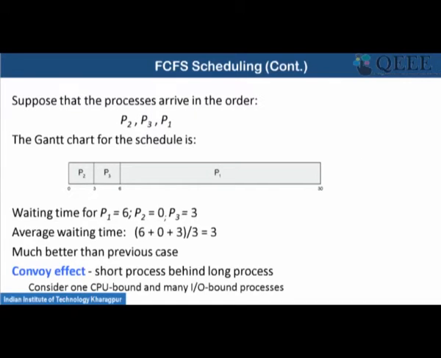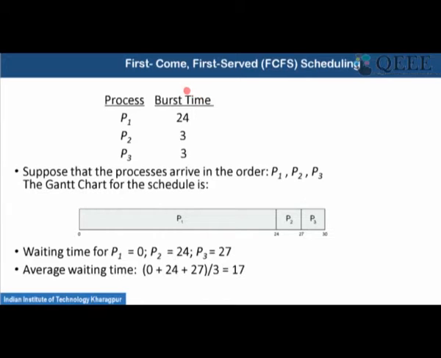So if you look into the FCFS scheduling, if you know that the processes P2 and P3 have a shorter burst time compared to process P1, then you can schedule P2 and P3 first and then you can schedule P1. And that is basically the idea behind shortest job first scheduling. In case of shortest job first scheduling, you assume that you know the CPU burst duration and then based on that you schedule the process.